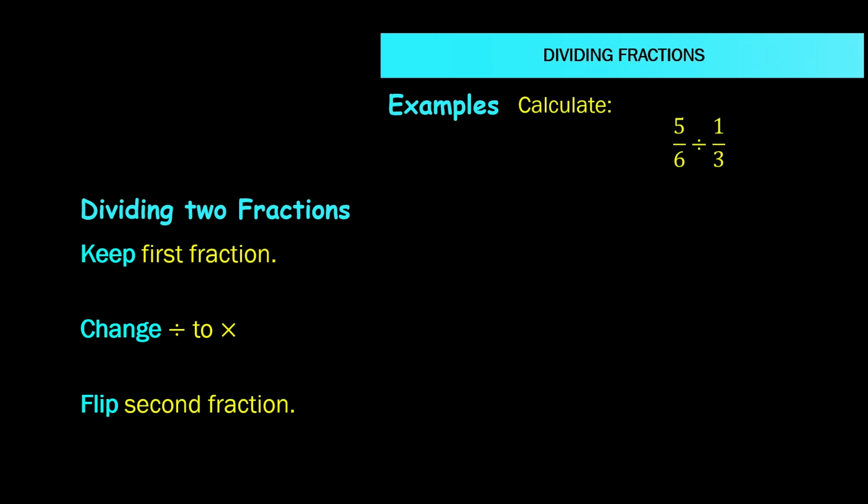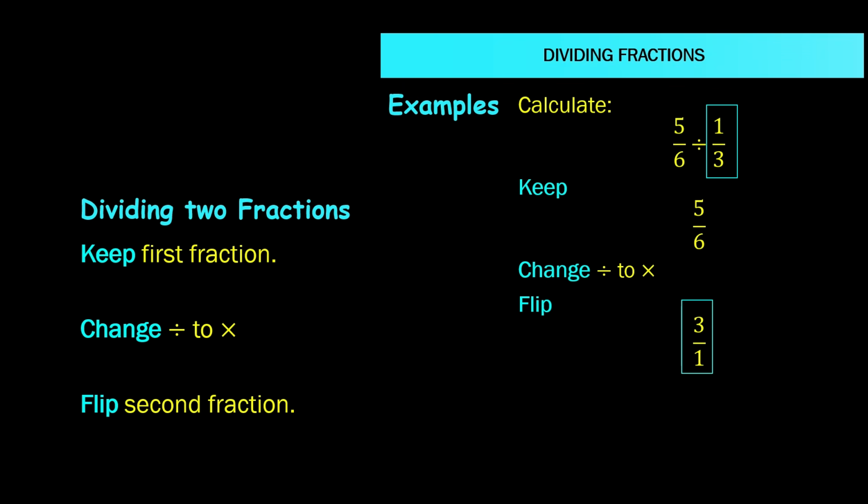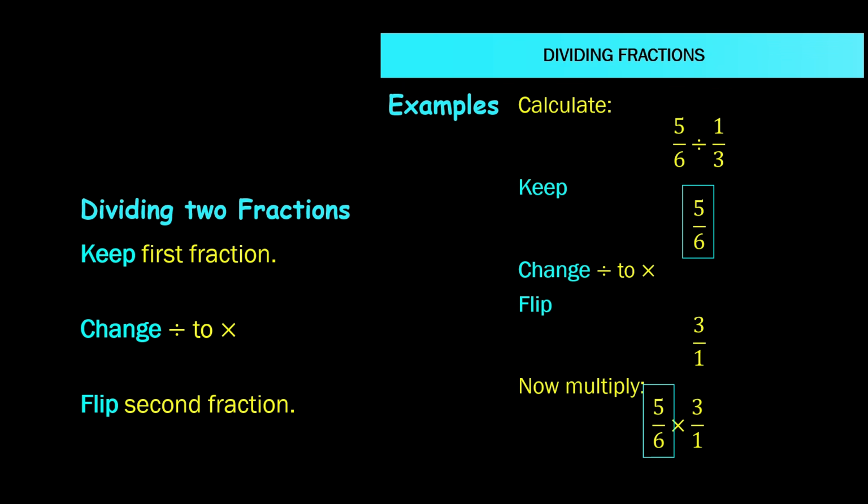Now let's calculate 5 over 6 divided by 1 over 3. So, do you remember the steps? Remember, we keep 5 over 6. Then we change divide to multiply, and then we flip. So 1 over 3 becomes 3 over 1. And finally we multiply. So 5 over 6 multiplied by 3 over 1 to give us 5 times 3 divided by 6 times 1,